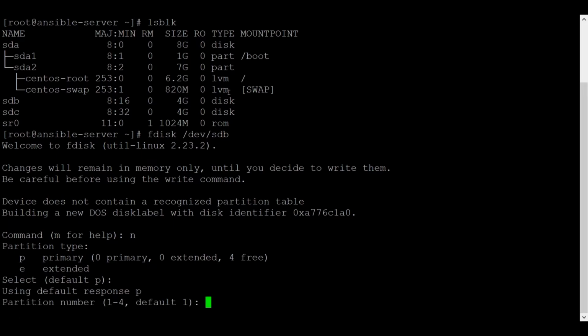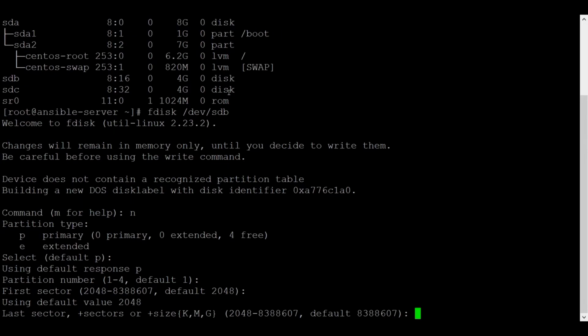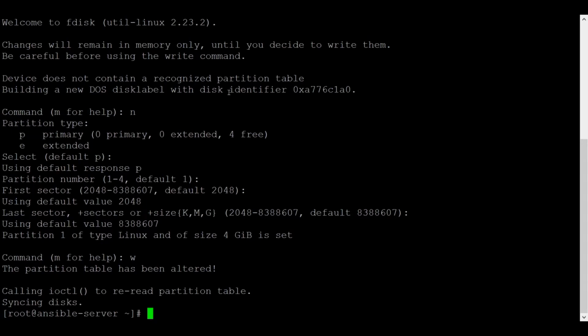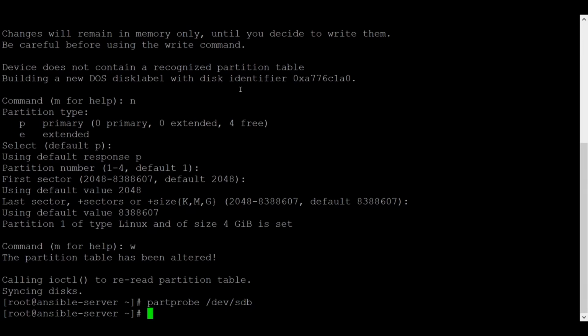P for primary, partition number 1, first sector, last sector, okay, and W for saving the table, right? And there is one command, partprobe, you need to use here. It will sync the partition in the new disk without rebooting the system. partprobe and the disk name, right? So for HDC we will do the same. Let me clear the screen.